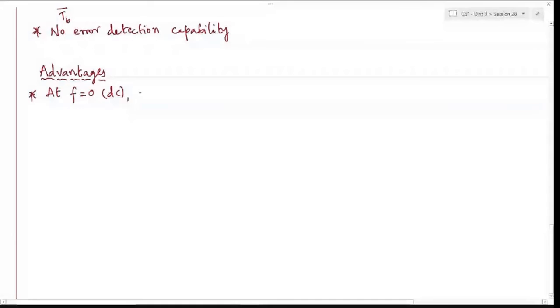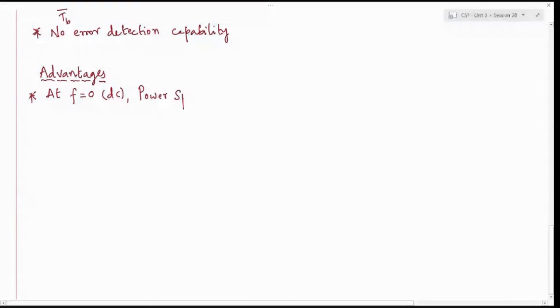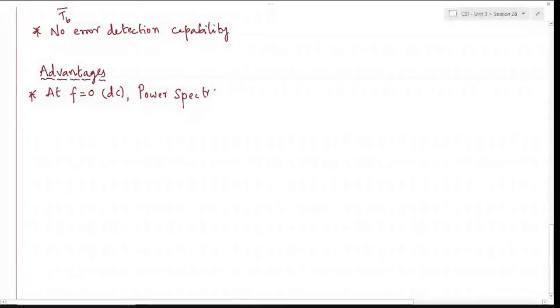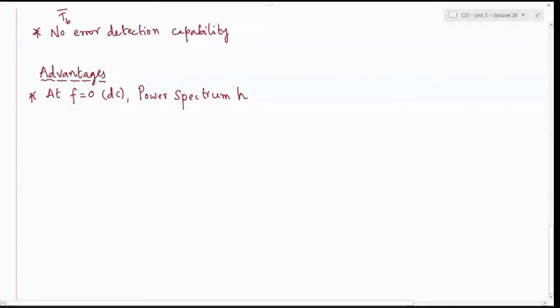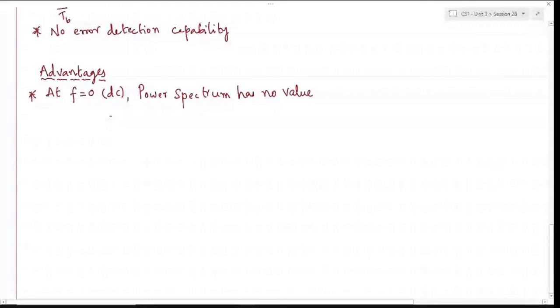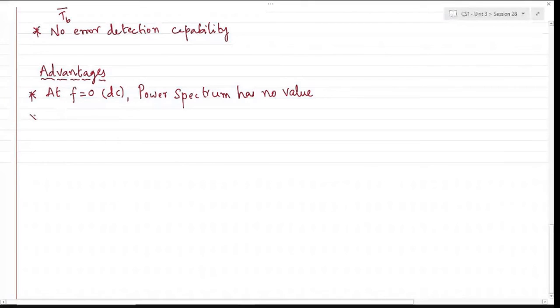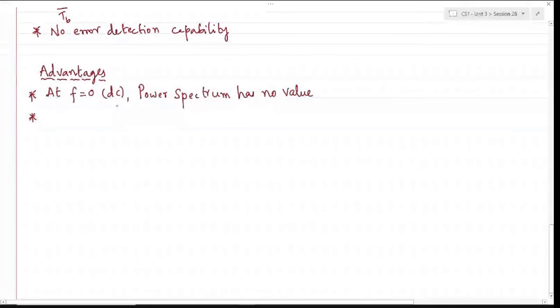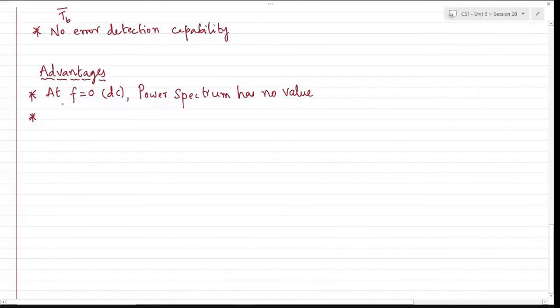the power spectrum has no value. And hence this is one of the advantages when you compare with other schemes. We don't want any power to be dissipated at DC, which, as I said, will simply heat up the circuit. So this is one of the major advantages of Manchester coding, and we have overcome it. Okay, and the second important advantage is about